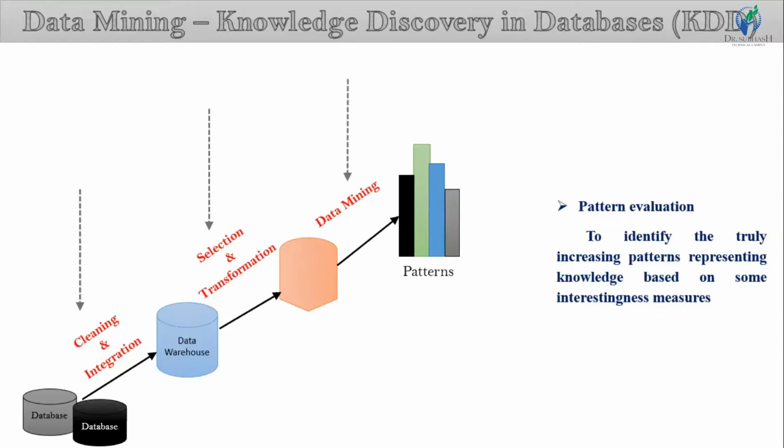Or we can say pattern evaluation is defined as identifying the truly increasing patterns representing knowledge based on given measures. Find the interestingness score of each pattern. Use summarization and visualization to make data understandable by the user. So we can say pattern evaluation identifies the truly interesting patterns representing knowledge based on different types of interestingness